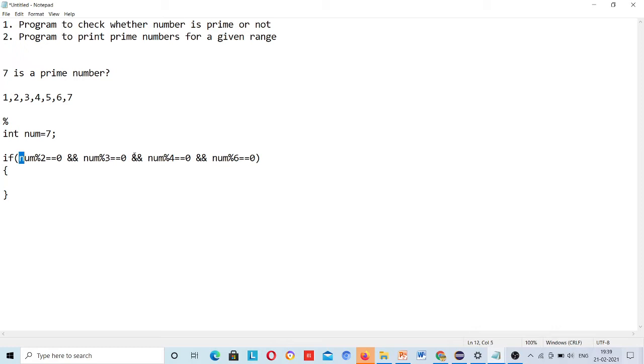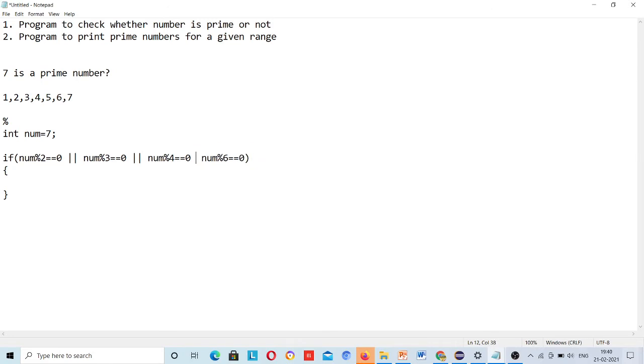So if num, which is actually 7, divided by 2 gives remainder 0, this modulus operator returns the remainder. So if this returns 0, or if divided by 3 it returns 0, or divided by 4 it returns 0, or divided by 6. So here I need to put OR. With the OR operator, if any of them divides this completely, that means it's not a prime number.